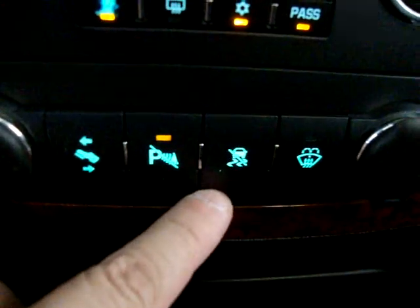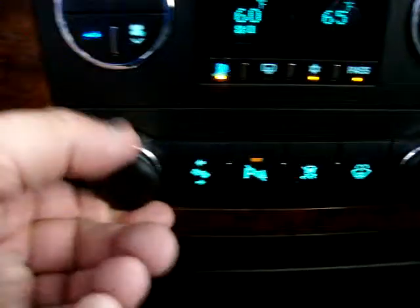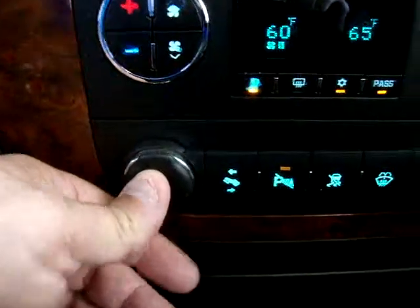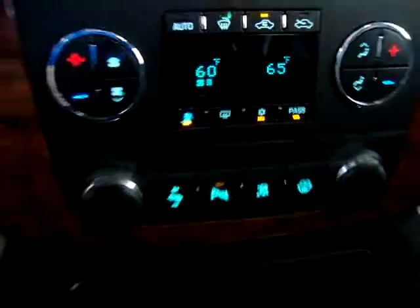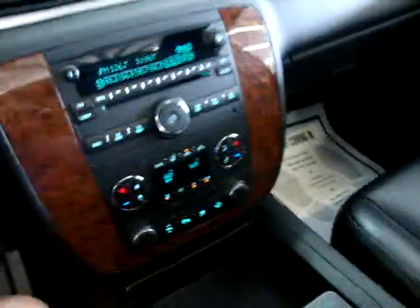This is to disable your traction control. Windshield washer. These are your power sources for your cigarette lighter or your chargers. There's two. Cup holders here in the center, which can be removed in order to clean them, and you can set them up in the forward position or in the rear position. Right here, there's two ways to put them down. Okay, center console for storage. Your main glove box is over here. Up in the top here,